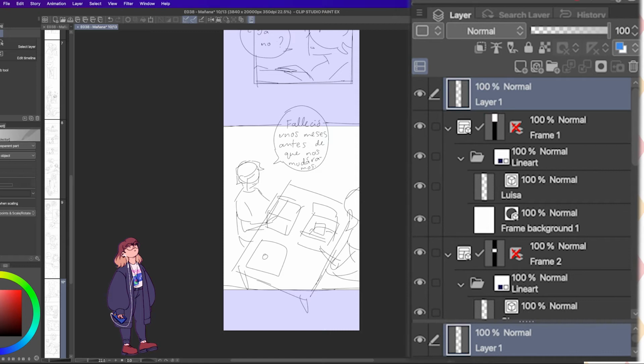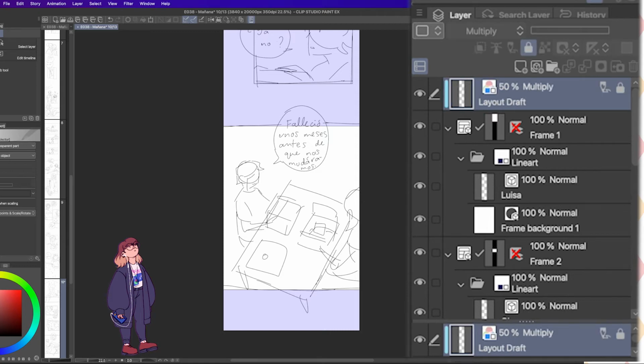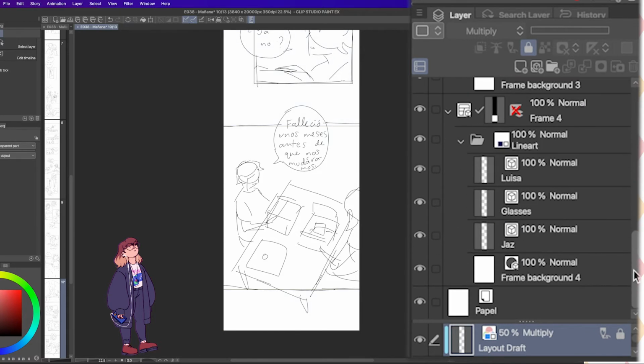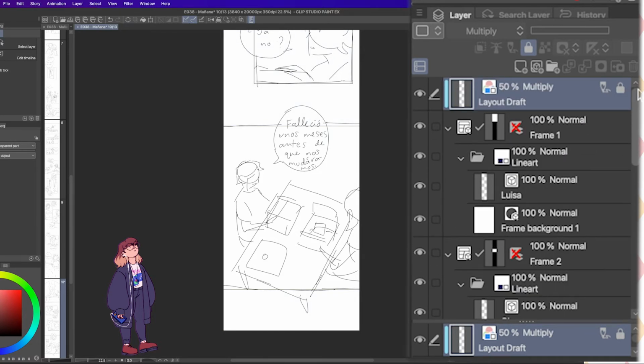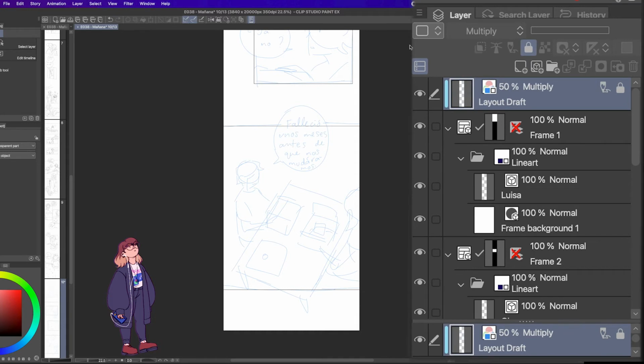For the finishing touch, I'll use an action that sets my layout draft layer. And finished! Look how pretty and organized it is. This was recorded in real time, it was not sped up, so it's a really fast way to work. But what if you don't have a keyboard, or if you're working on a tablet, or if the keyboard is not easy to reach? Here's where we go to